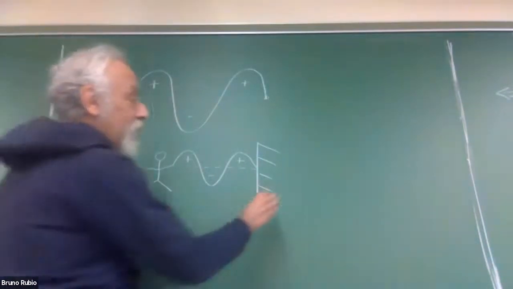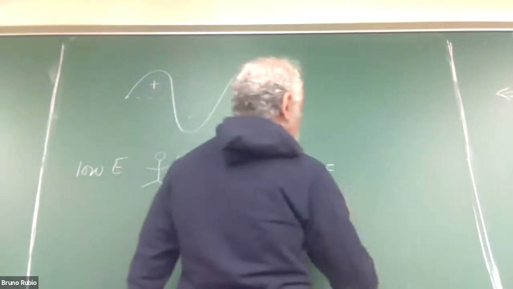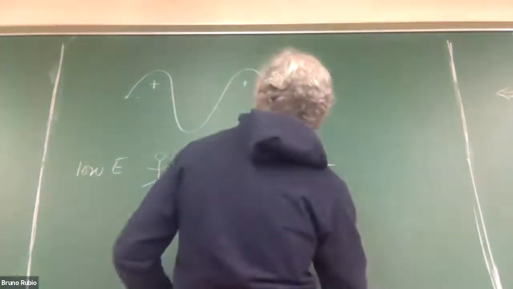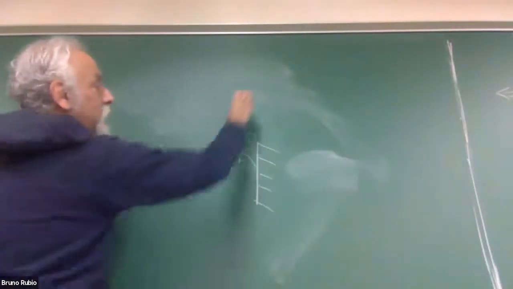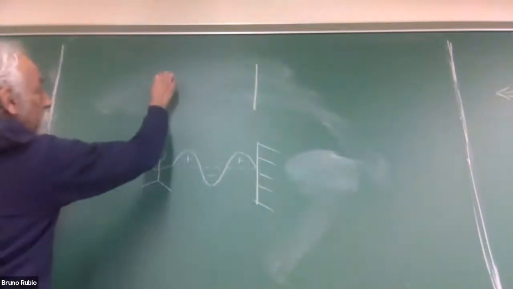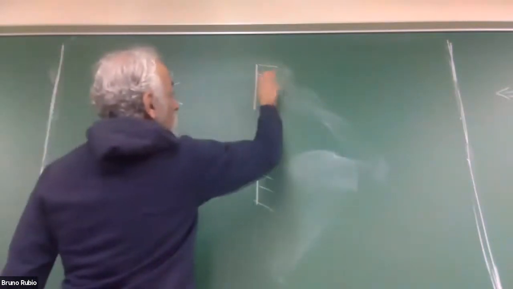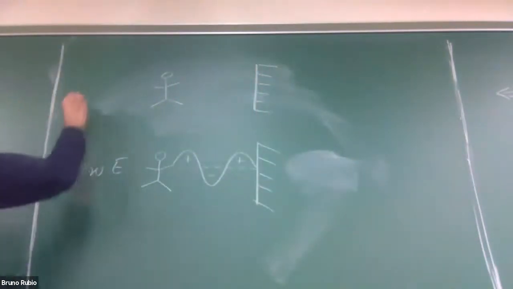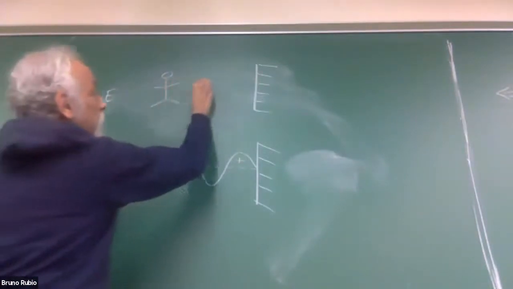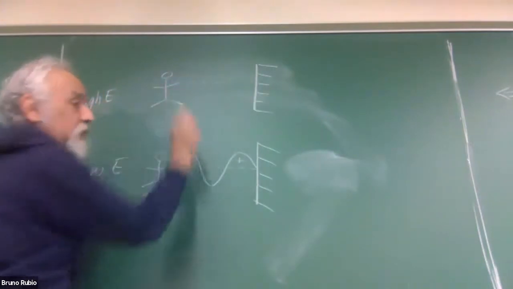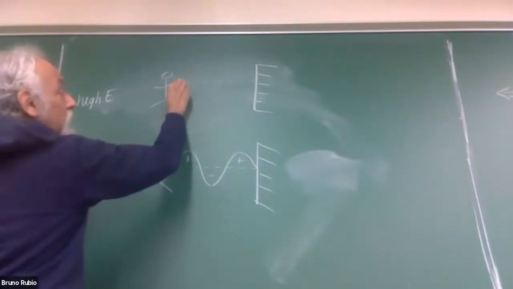But now let's examine what the high energy situation would look like. Okay, I'm going to put that up over here. The high energy situation would be, well, here you are again. You're tethered to this wall by a rope. But now this time you're going to look at this high energy situation. There's your zero line. And this time, instead of long, long, long, nice easy waves, now you're going to do